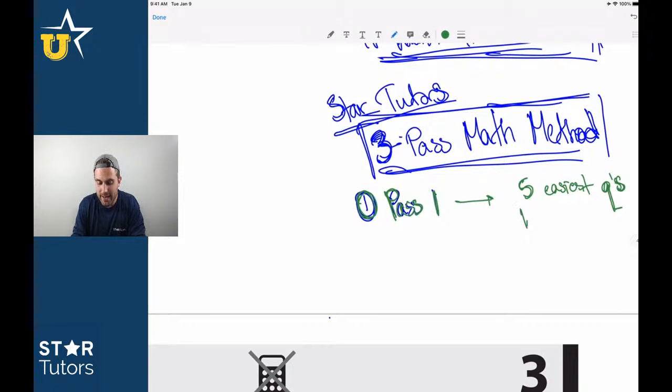Okay, and this is going to be used as a warm-up. You're going to try to use this as a warm-up. Because again, we always get pushback on this strategy, like, well, why am I going to skip questions? I know how to do number 2. Yes, you do know how to do number 2, and you're going to do question number 2, but if number